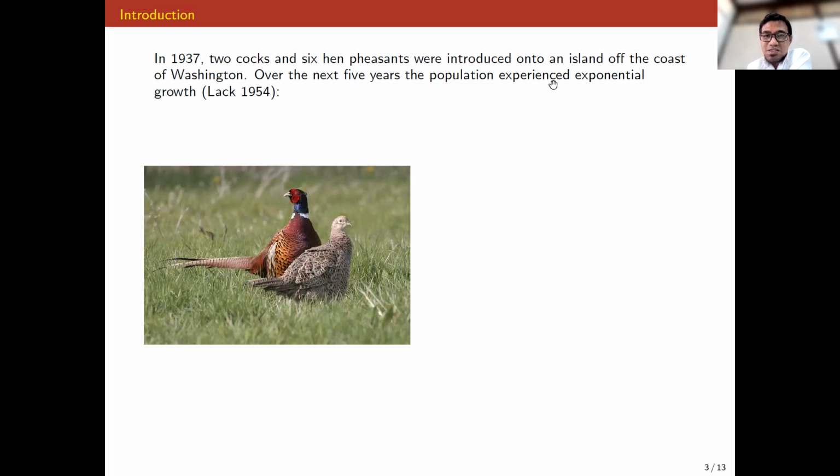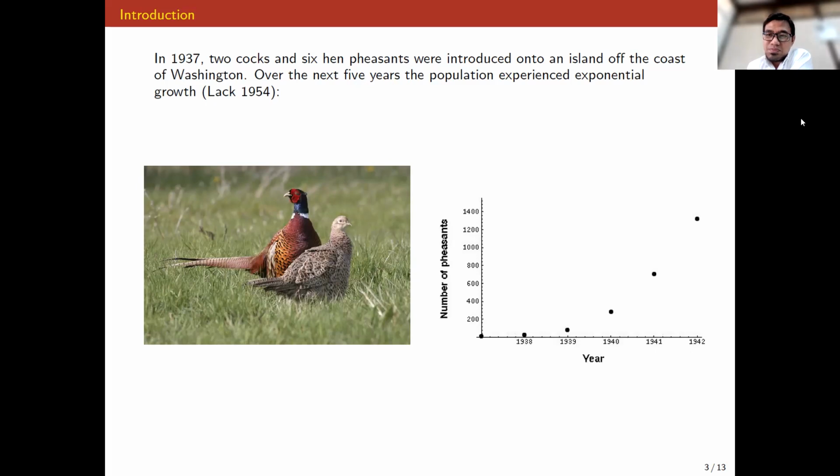So over the next 5 years, the result is this one. Based on the records of the population of this species, we know that the curve, the data itself, experiences exponential growth. So it grows exponentially. It means that in mathematics we can